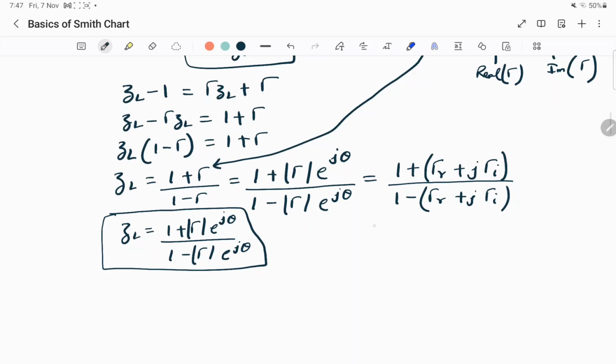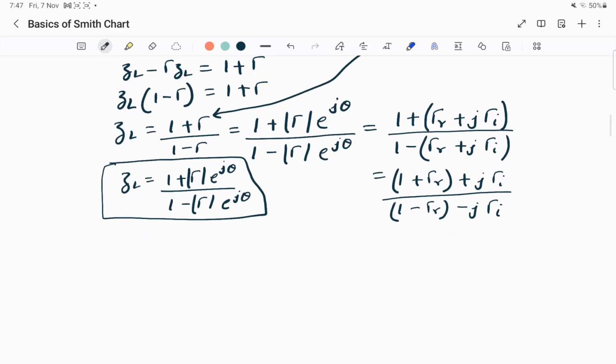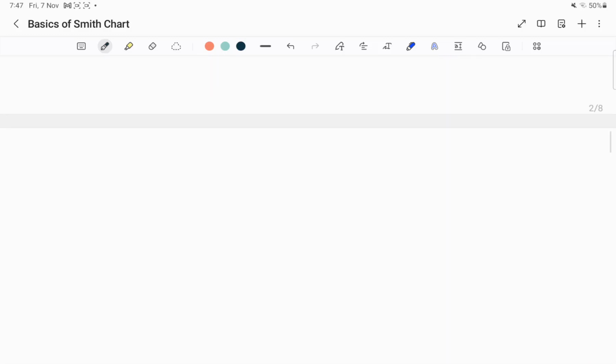So this can be written as (1 + Γr + jΓI) divided by (1 − Γr − jΓI). So I am basically arranging the real and imaginary parts together. Alright, okay. Now let us rewrite that equation on a fresh page,